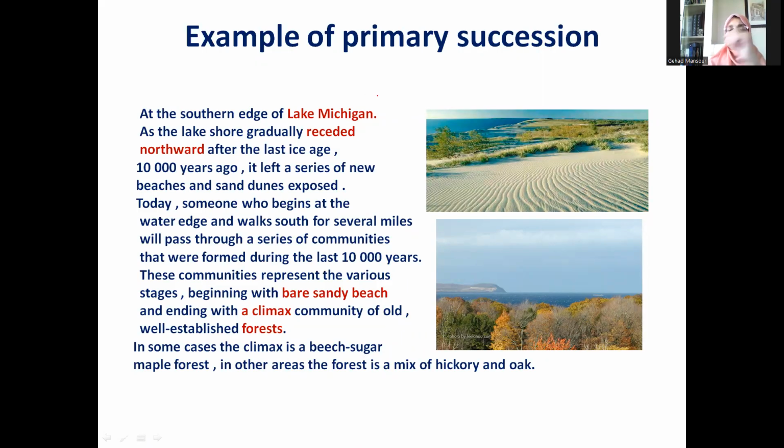Of course, one of the major and famous types of primary ecological succession is the southern edge of Lake Michigan. So gradually, the lake shore receded northward, receded,